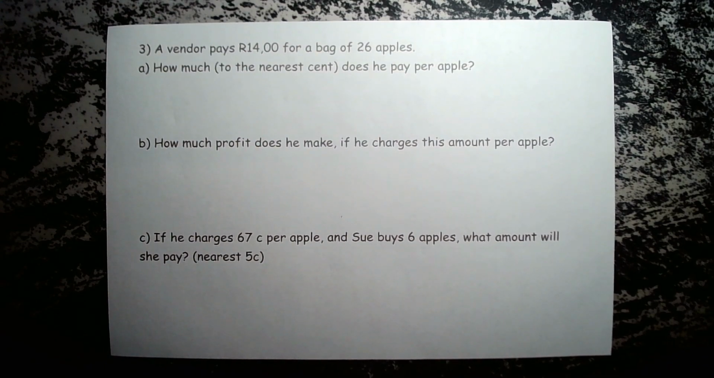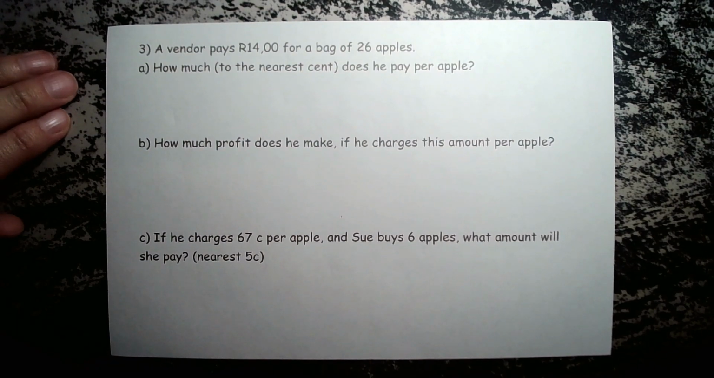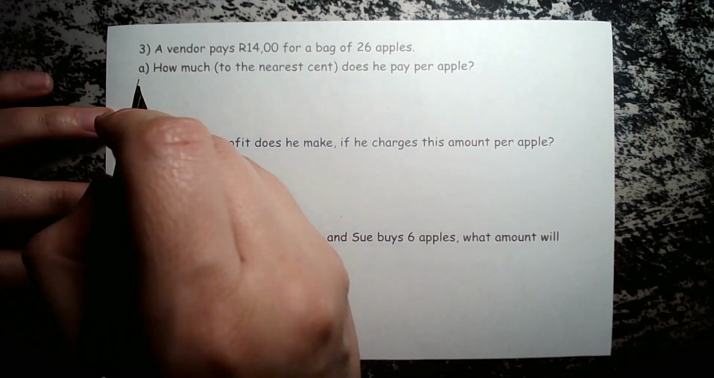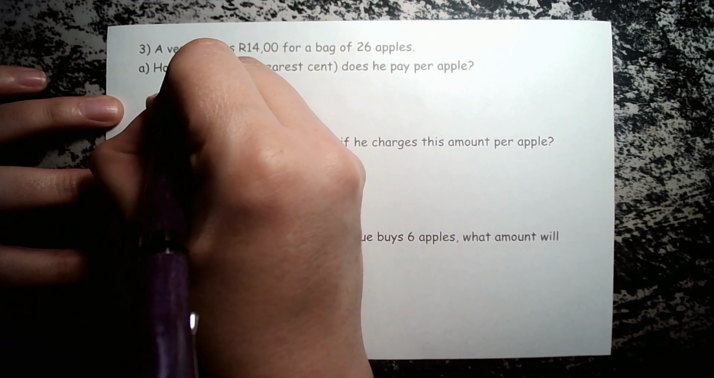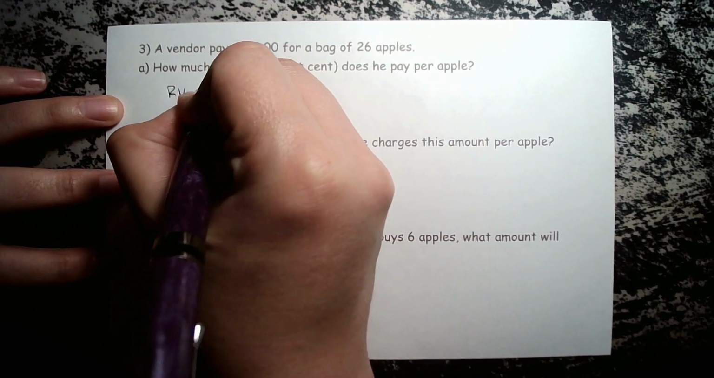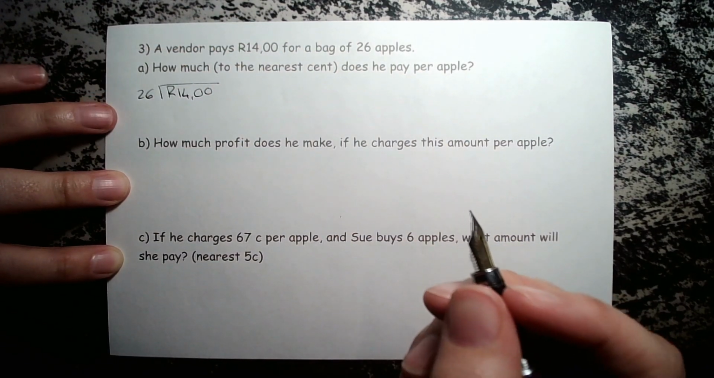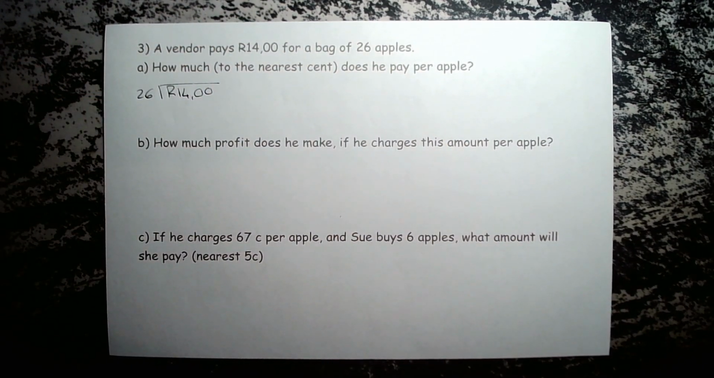Let's look at this with a bit more context to it. A vendor pays 14 Rand for a bag of 26 apples. Firstly, A, how much to the nearest cent does he pay per apple? So we would take the 14 Rand and we would divide that by the 26. Now, I'm not going to do this with a long division. I am just going to use my calculator. Typing it into the calculator gives us an answer